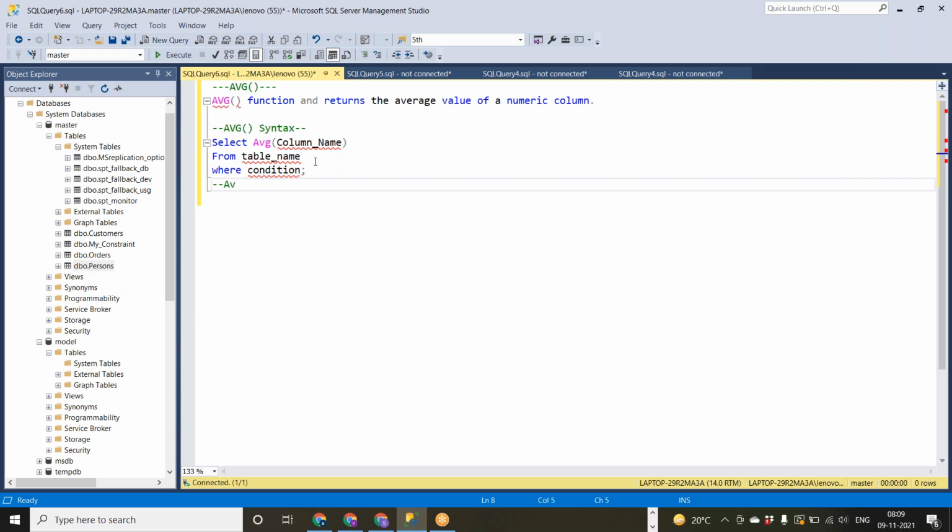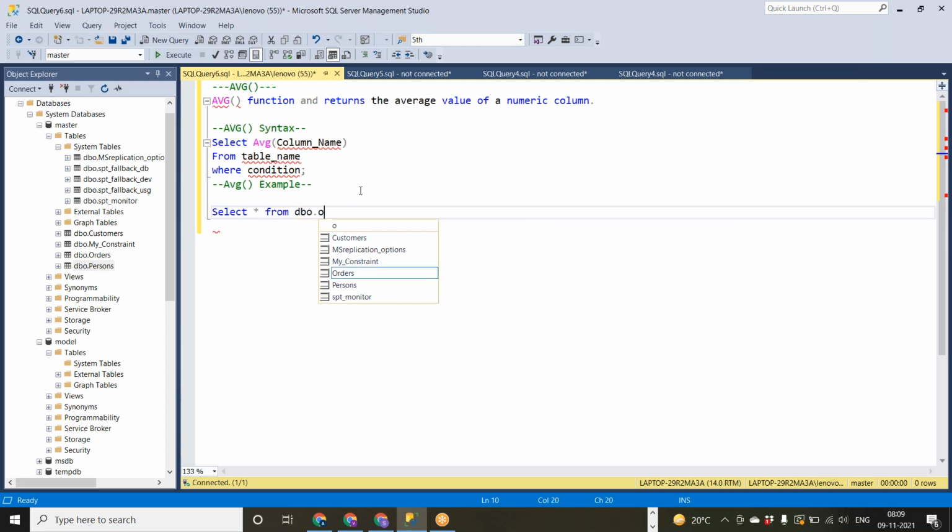So average, for example, we'll see if we can find any numeric column. Okay, we have a person ID or customer ID, right? We can get the average of it. One second, I will look in the orders table.